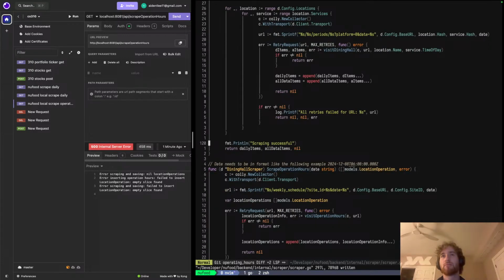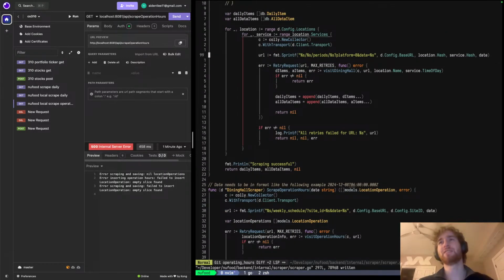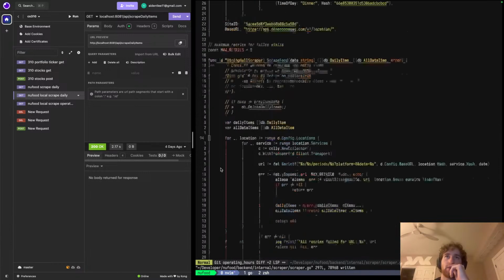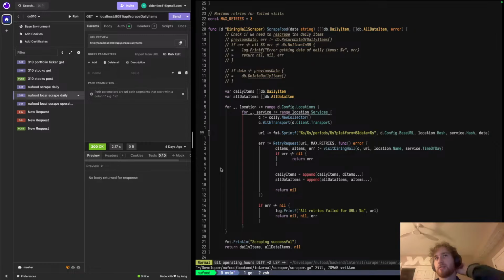So when I'm building that, it's fine though. Why is that not formatting correctly? I guess because I end on the slash there, but